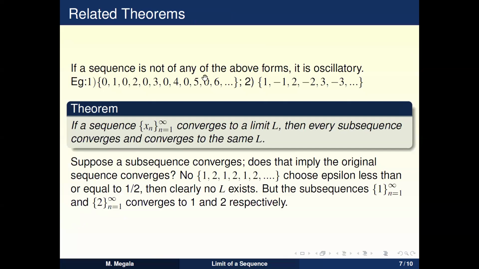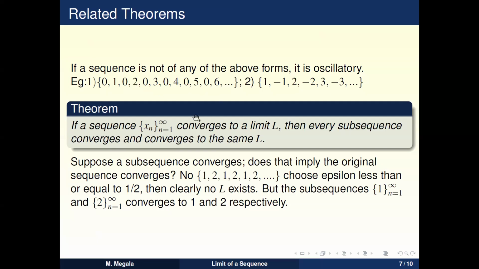If a sequence is not of any of the above forms, that is, it does not diverge to infinity or minus infinity and does not converge, we call it oscillatory. For example, 0, 1, 0, 2, 0, 3, 0, 4. For all the even terms we take 0, and the rest of the terms are 1, 2, 3,